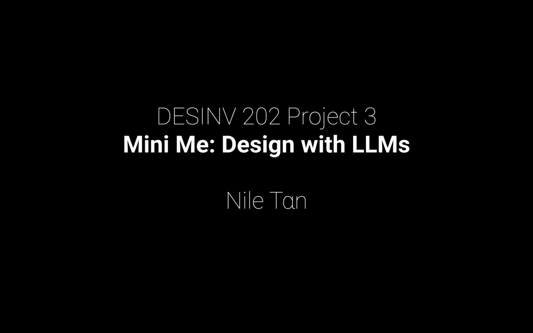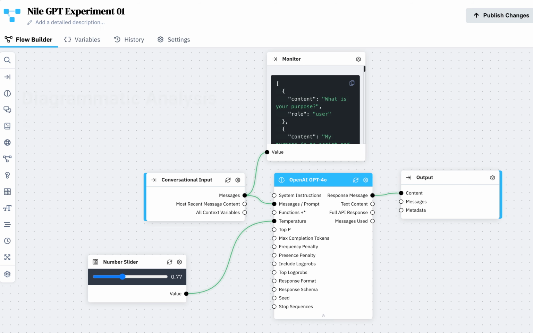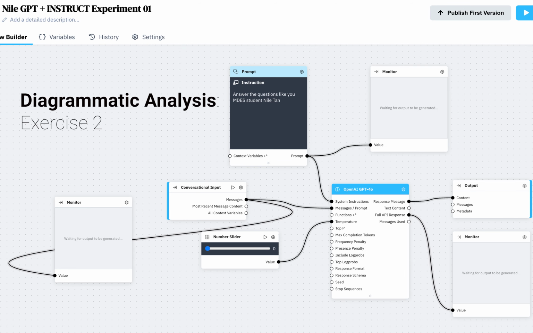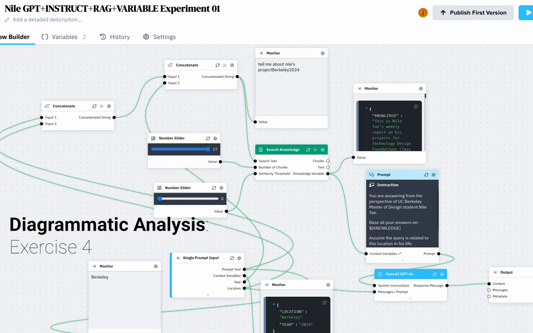I'm here to introduce my Project 3. I consider this to be a platypus project, because I've fulfilled all the requirements and then explored something new in my exercise 5. Here are the system diagrams for my exercises 1 to 4. Because everyone's first 4 exercises look the same, I will just quickly display them and focus my detailed analysis on